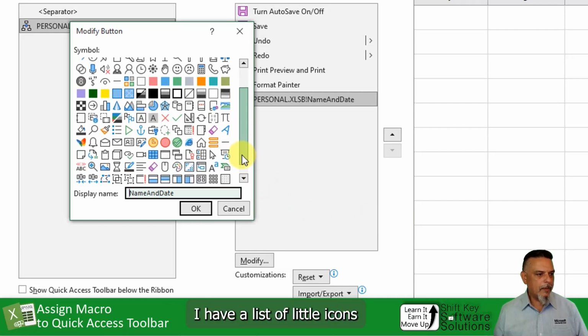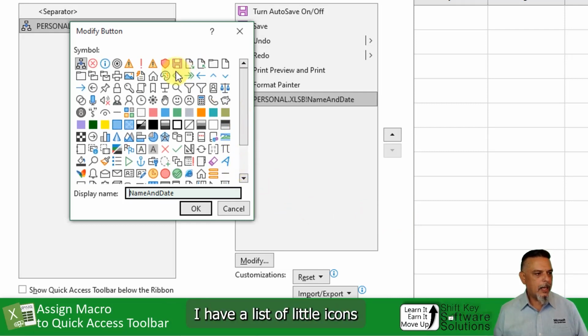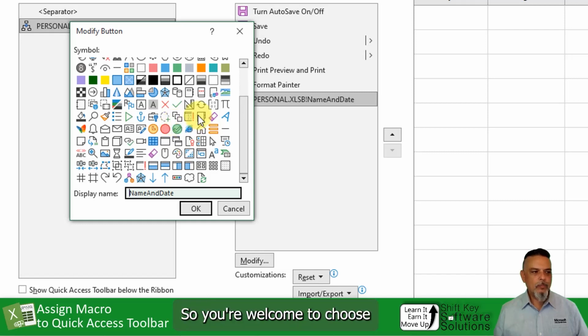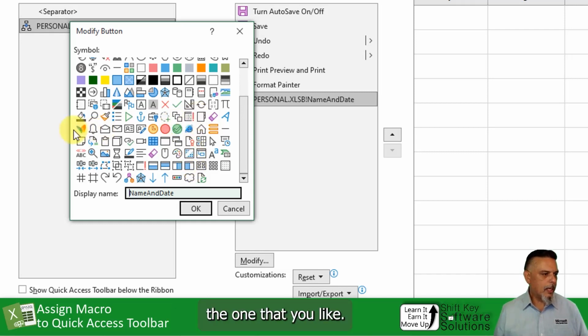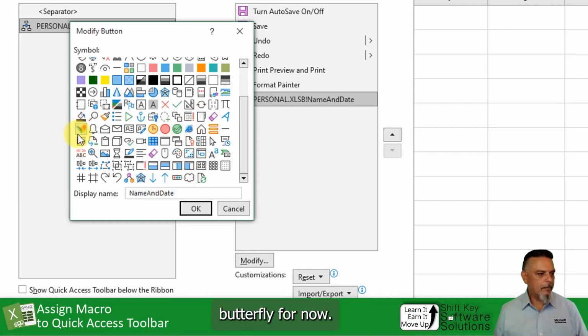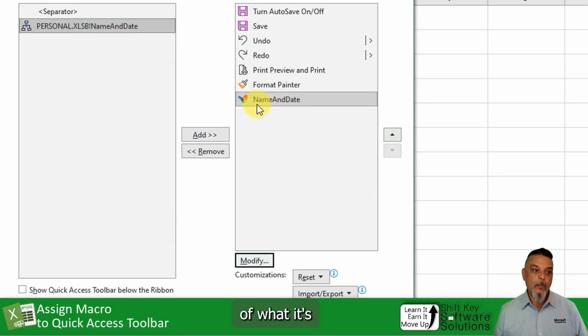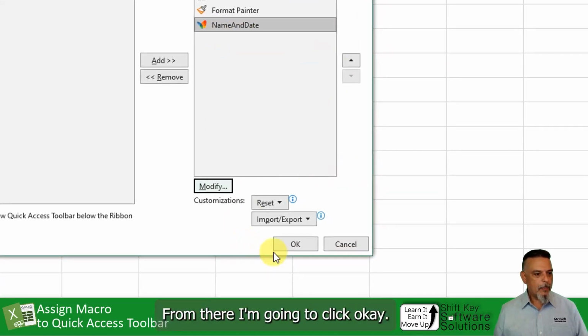Now from here I have a list of little icons I can choose from. So you're welcome to choose the one that you like. I'll choose this little colorful butterfly for now, and then I click OK. When I do, it gives me a little preview of what it's going to look like in my Quick Access Toolbar, as you can see here. From there I'm going to click OK,